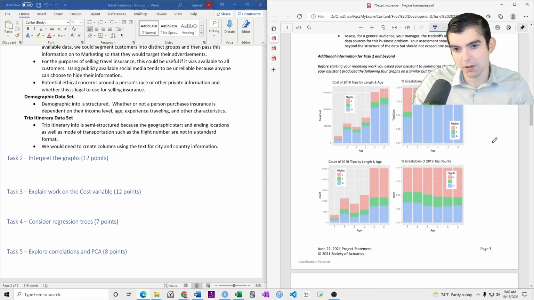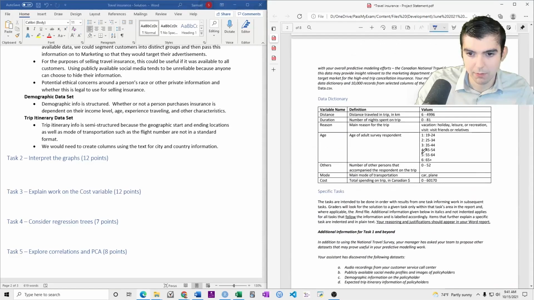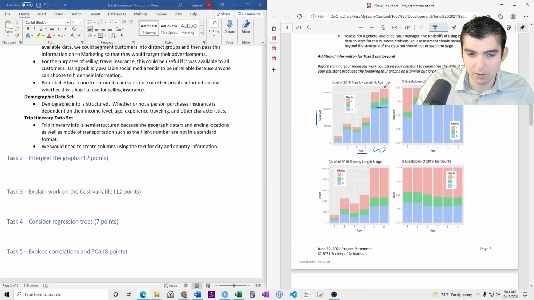and just for your own insight, like if I'm looking at this graph, I see 2 variables, age and total cost, and I see right away that there's this big increase here where this age is higher than these other values. So that tells these are older people, 5 and 6, so 55 and 65 plus, and this is cost of trips by length and age.